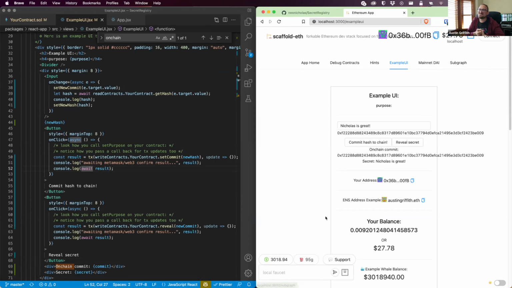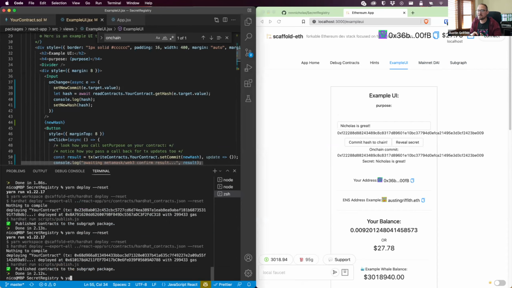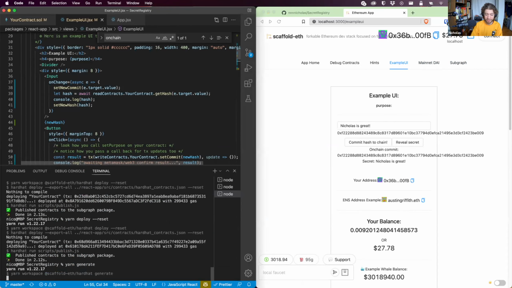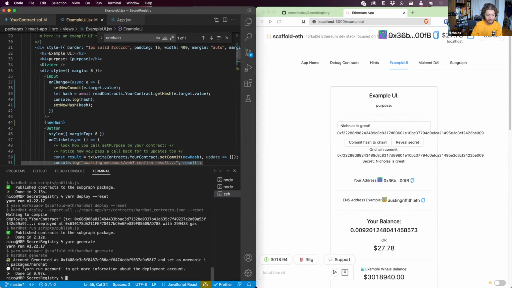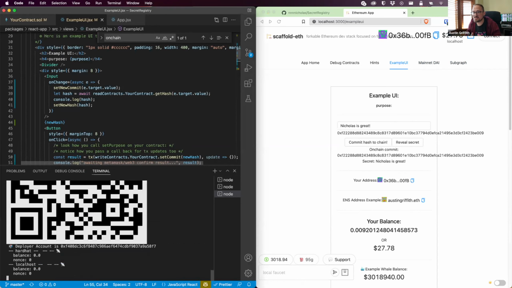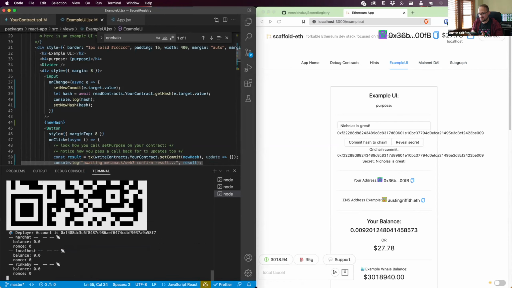All right. So what you need to do to deploy to Mainnet is a yarn generate. You're going to need to generate an account. No, yarn generate is all you need, and then you'll need to do a yarn account. So now there's a mnemonic. Be careful, there's a mnemonic now in there with your Hardhat stuff. That's a 12-word seed phrase. If you expose that,